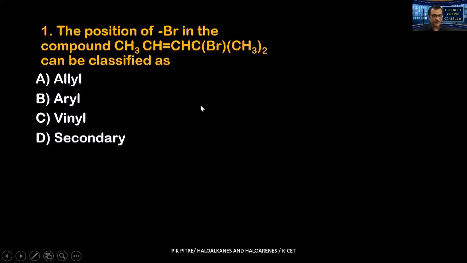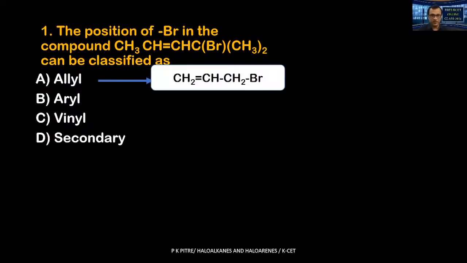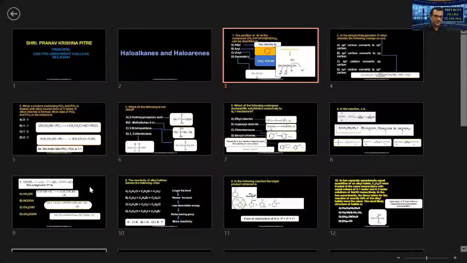A is allyl, B is aryl, C is vinyl, and D is secondary. Let us recall what all these carbon atoms are. Let us see what an allyl is. I know you will have done this in your second year chapter, but still let us look into this particular allyl. Who is an allyl carbon? An allyl carbon basically is an sp3 carbon. It's an sp3 carbon, okay? An sp3 carbon which is connected